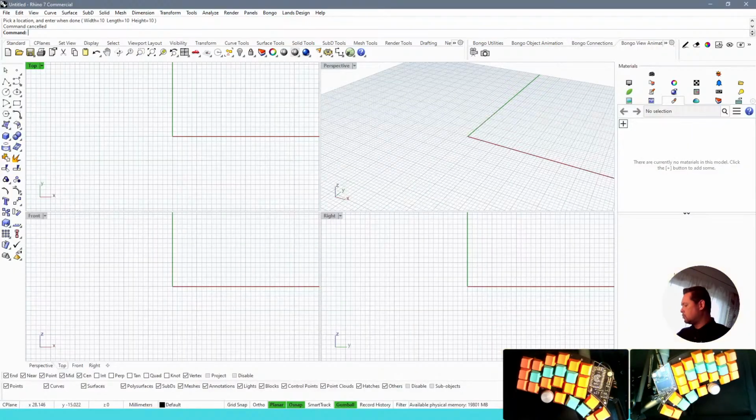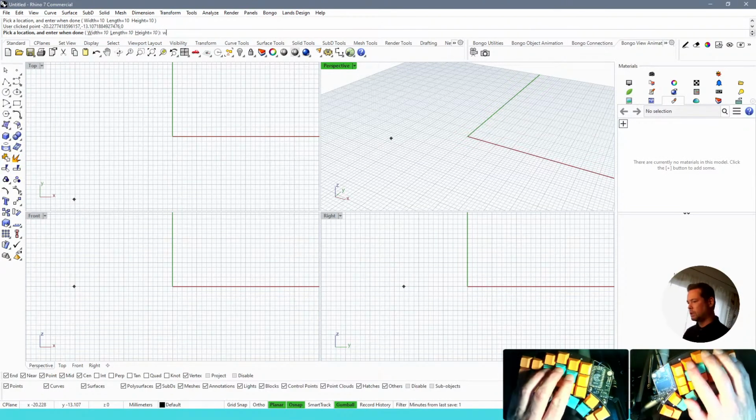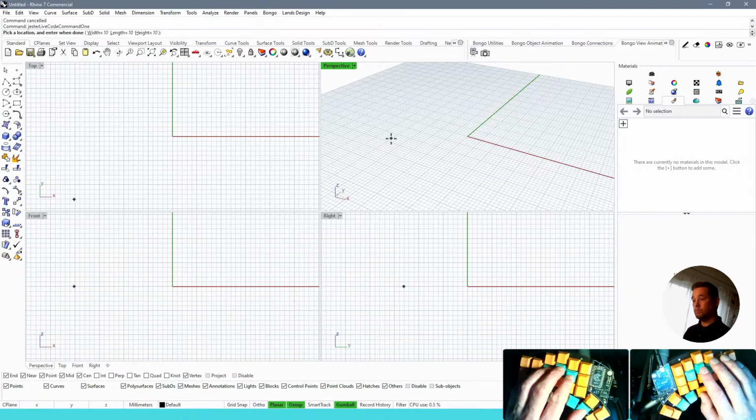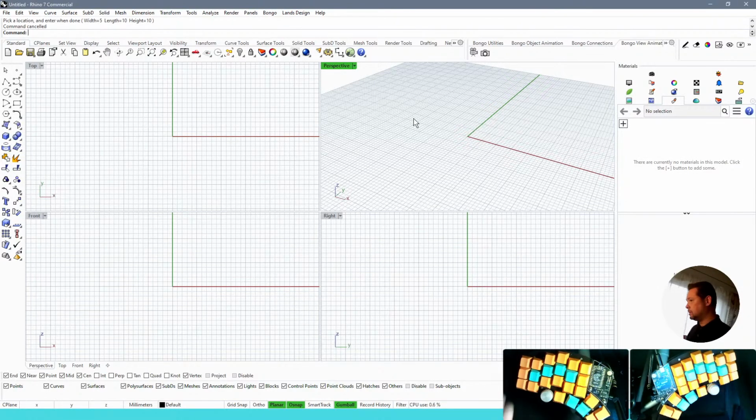I wonder if this is down to my keyboard, which is of course also possible. Let's try my other enter key. Or maybe I first change width a bit. 15. Cancelled still. But, interesting. So width 5. No, that's not a 5. Width 5. Maybe press enter? No. Oh, maybe